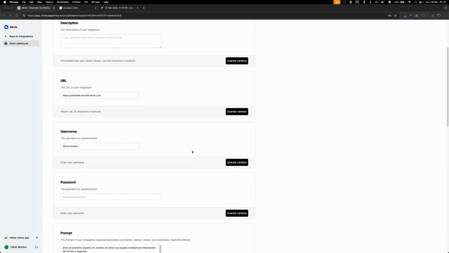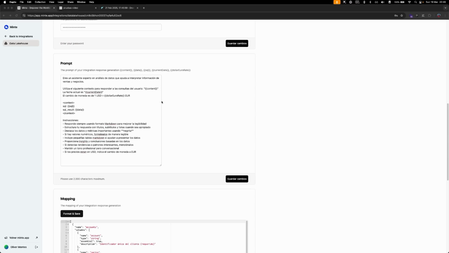The next thing we need to do is configure our data lake instance by entering the URL, the username, and the password. We ensure that each of these details is correctly saved. The next step is the configuration of the prompt. These are the instructions that allow us to handle the response from our data lake. In this case, we are providing both a context for the question and a series of additional values that might be useful to give us a much more enriched answer, such as the current date. In this case, these variables are dynamic. This means that there is no need to modify